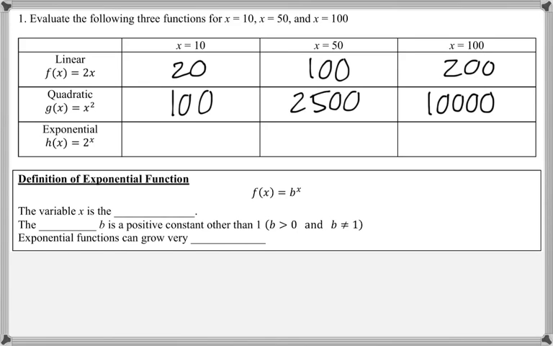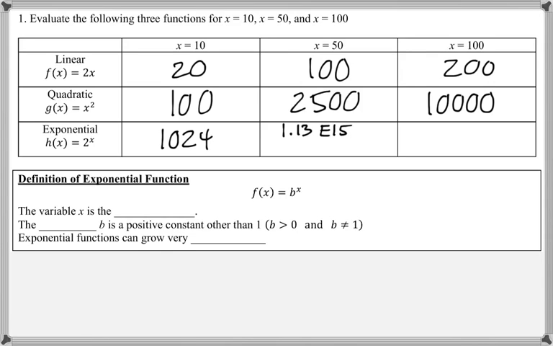So now let's finally look at the exponential function. And this is 2 raised to the x, which is different from x raised to the 2 or 2 times x. So do 2 raised to the 10, and that is 1024. 2 raised to, and I'm using the exponent key or the caret key on the calculator, 2 raised to the 50 is, I'm going to round this to 1.13, and you'll see that there's an